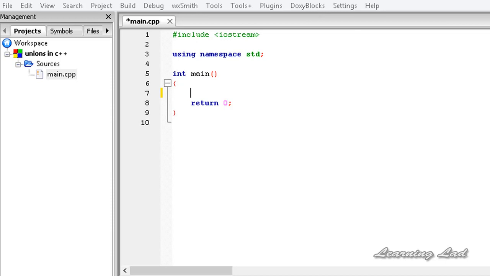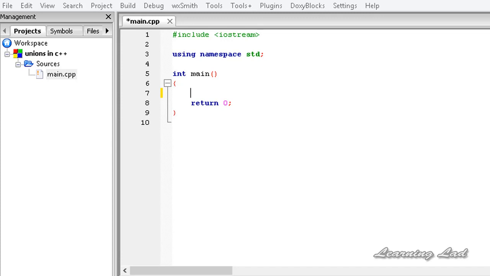Unlike the structures where each structure member was allocated its own memory, in unions the memory is shared between all the union members. So in unions we can only store one value and we can refer to that value from different data types. And if you guys don't understand what exactly I'm talking about, don't worry, just stick with me,